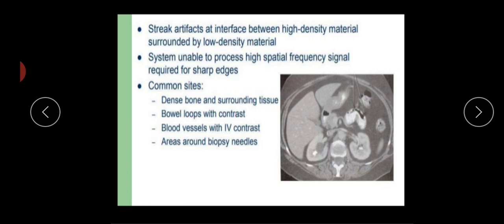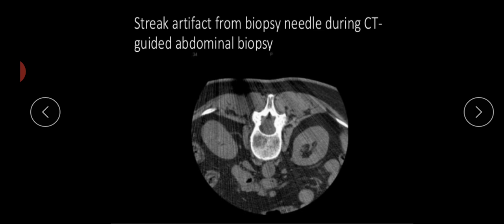One of the basic assumptions in CT scanning is that each detector at every position will observe some transmitted radiation. If a high density material severely reduces the transmission, the detector may record no transmission. This violates the basic assumption, and reconstruction programs will not be able to account for such a violation, and streaks will appear in the image. This is known as the streak artifact. This is an example of streak artifact: the streak from the biopsy needle during a CT guided abdominal biopsy. As we can see, there is the presence of streak-like structures, thus causing an artifact.